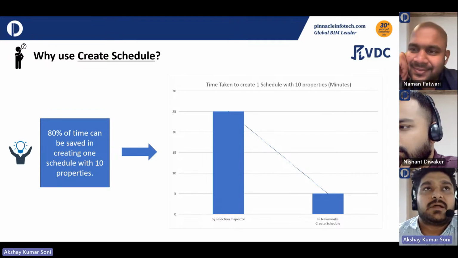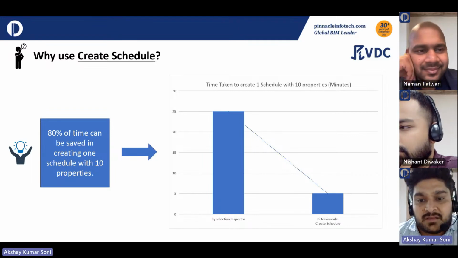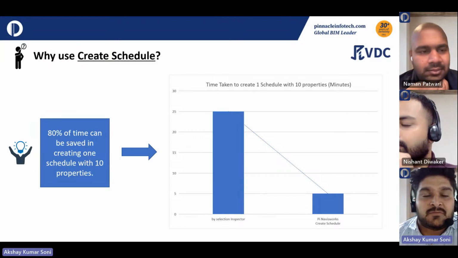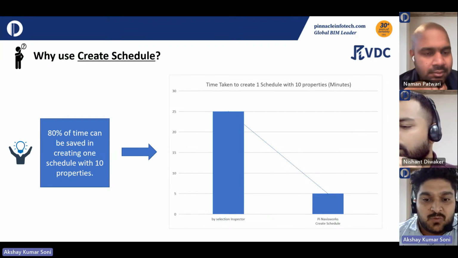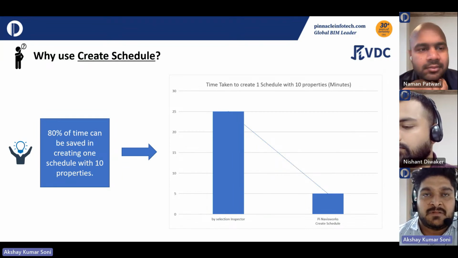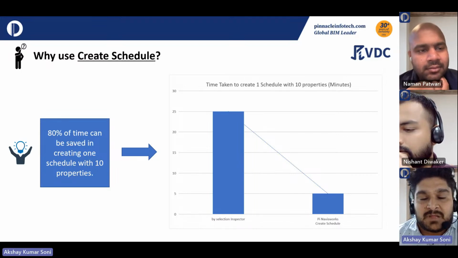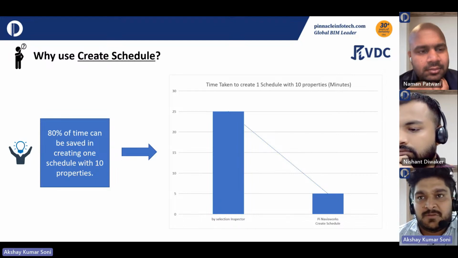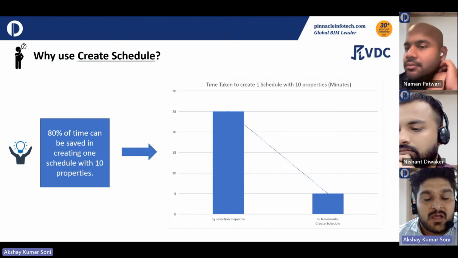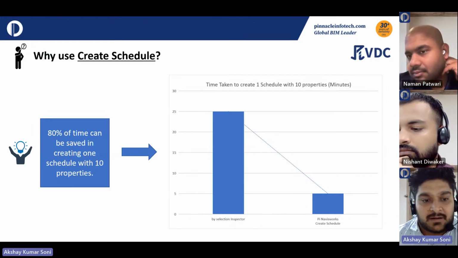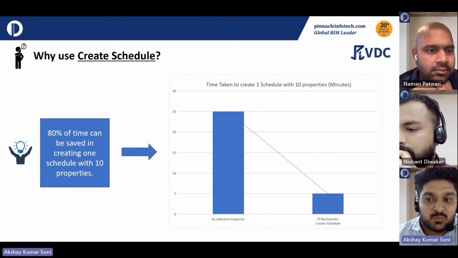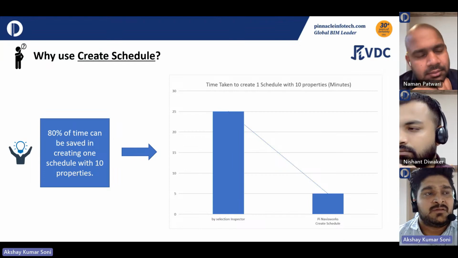Yes, earlier, sometimes the client just gives the Navis file and wants us to give the export. Through the selection inspector, we have to go to every property, pick it, and then add it. If it's only one or two properties, it's okay. But if we have to add 10 or 12 properties, it is very hectic in Navis. When I started using this tool, I just have to do 4 or 5 clicks